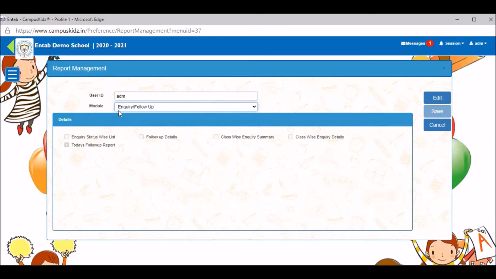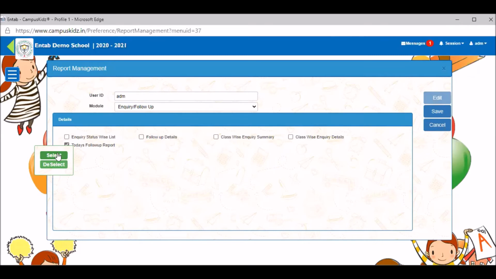Now assume, in this case, the user called ADM has access to one report. The rest of the reports are not provided. Now, in case I want to provide all the reports, then I can edit and provide the access to these reports. Right now, it is disabled. In order to enable the edit function, go and click on the edit button. Now it's enabled. You can either check mark these boxes one by one, depending on the reports that you want to give them access to, or keep on the first checkbox and right click.